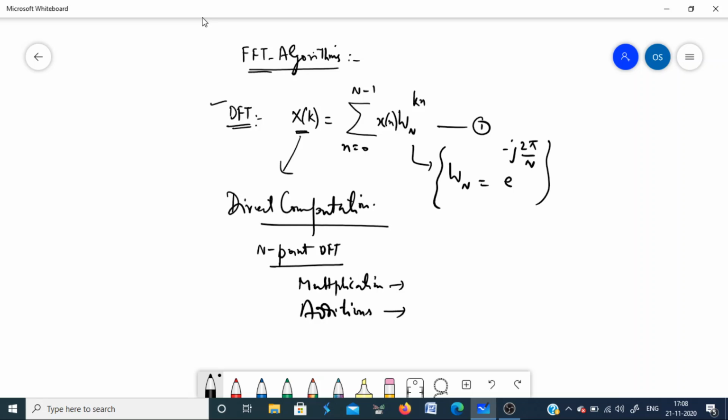If you compute the N-point DFT from this equation, it means your k will vary from 0 to N minus 1. You have to compute N points, and when you compute each point, how many multiplications do you require? So for each value of k, your n will vary from 0 to N minus 1. It means there are